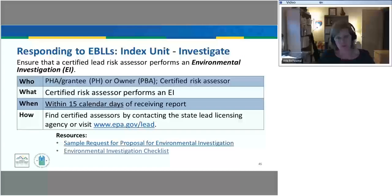A risk assessment might be part of the environmental investigation of those other dwelling areas or places where that child spends time, because we're trying to identify where the source of lead is coming from. So for this environmental investigation, that risk assessor is also looking at other possible exposures of lead, including first flush drinking water. They're going to be looking to see if there's any glazed pottery or tableware that could contain lead